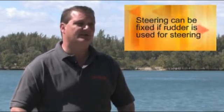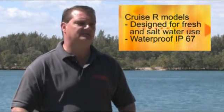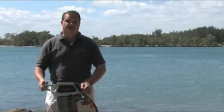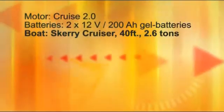For the sailors amongst you, it can easily be used in a fixed position and you can steer with your rudder. The Cruise remote motor can be used in either fresh or salt water and can even be submersed for a brief period without damage. We have measured the Cruise 2.0, the 6-horsepower equivalent, on a sailboat of